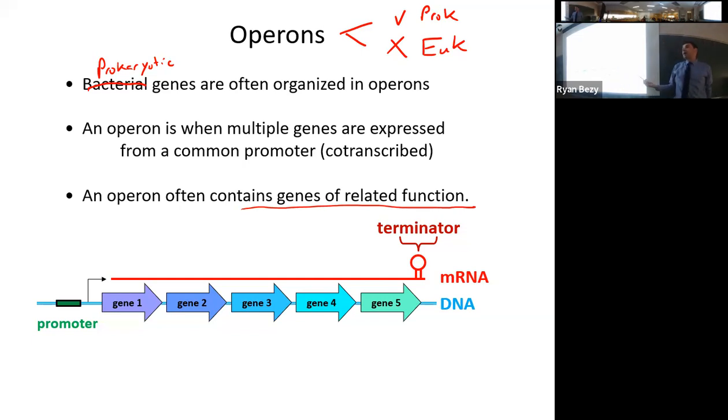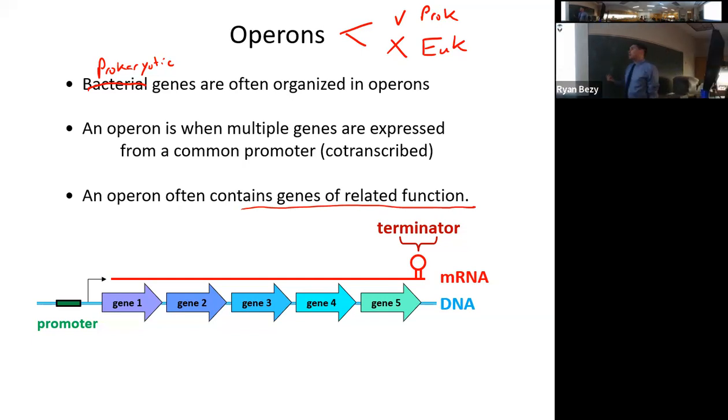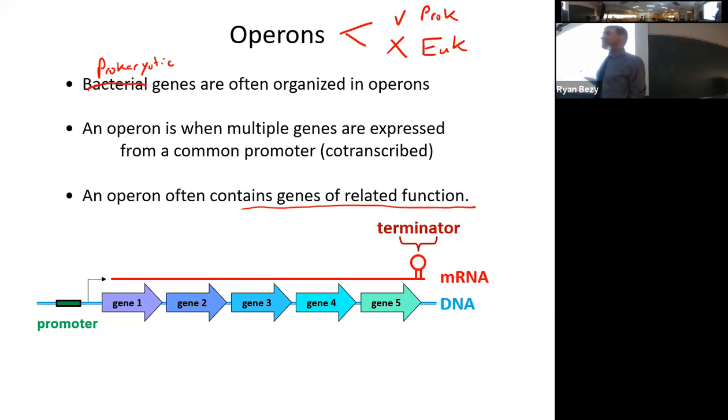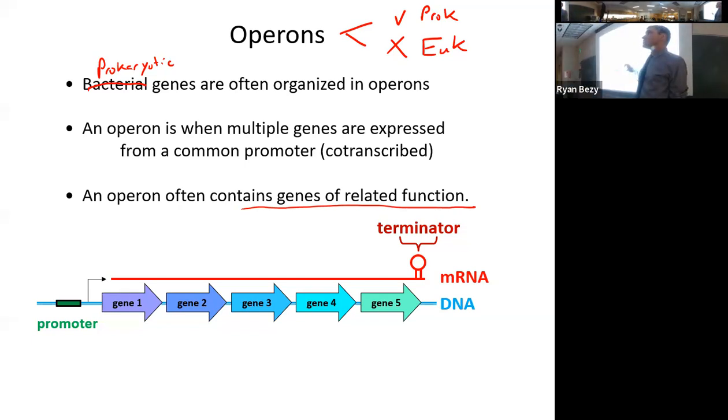Or maybe it's the lac operon. The lac operon is a series of 3 genes in an operon structure that is involved in lactose catabolism, using lactose as a food source and eating it, in essence. So there's a lot of different possible genes, but those genes are usually of related function. Another example of an operon is the trp operon, a series of enzymes responsible for synthesizing the amino acid tryptophan, making tryptophan for the cell. So you can have these, but they're usually of related function.